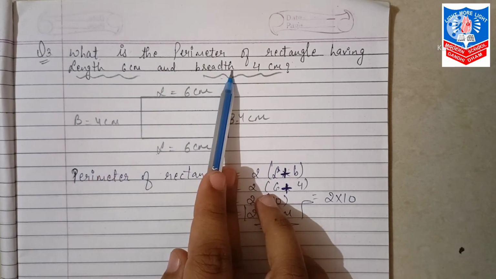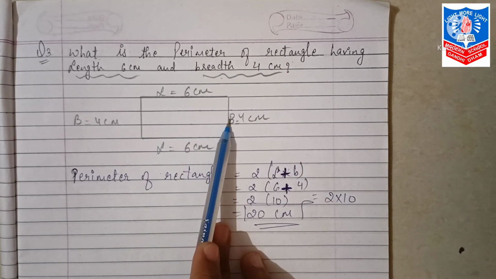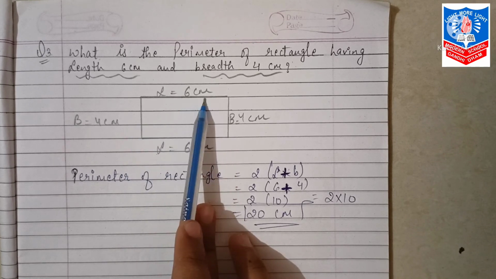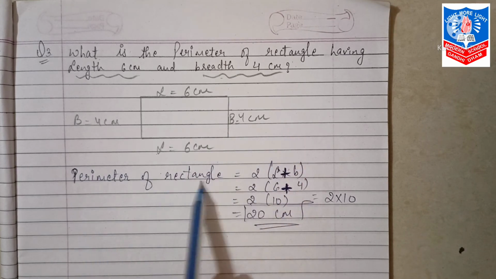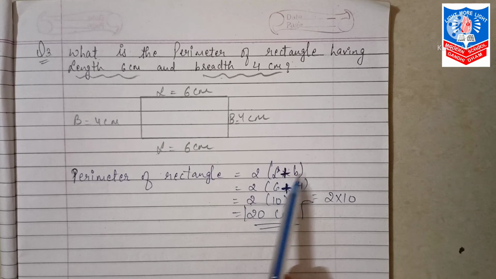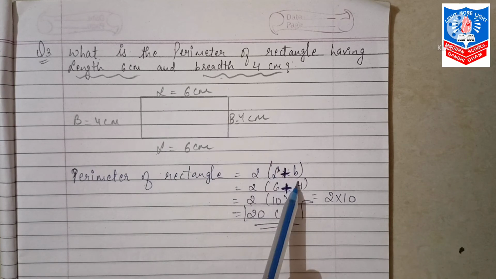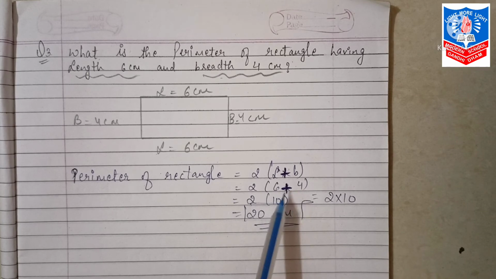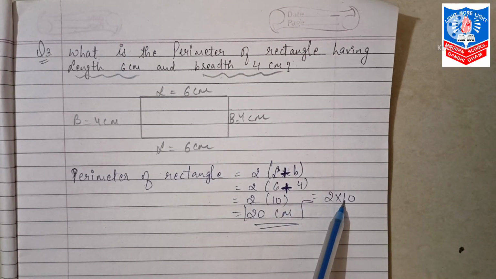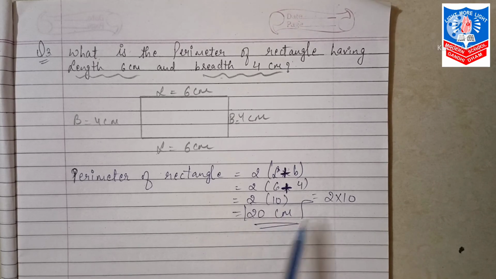आपके पास equal नहीं है, that means कि आपको rectangle ही find करना है. Okay, I have drawn a picture over here, sorry, shape over here. Length आपके पास है 6 centimeter and then breadth आपके पास दिया गया है 4 centimeter. Perimeter of rectangle equals to 2 length plus breadth. Next, 2 will remain same. Length is 6 centimeter, breadth is 4 centimeter. Okay. Next, 2, 6 plus 4 we will add up over here and we will get 10 as a result. So we will multiply with this. As no sign, we will put multiplication. 2 into 10 equals to 20 centimeter.